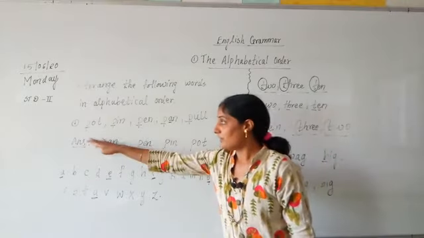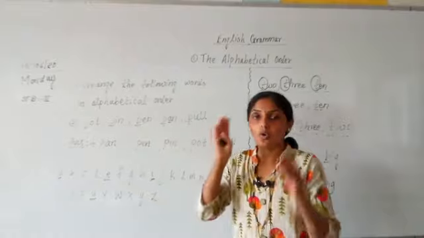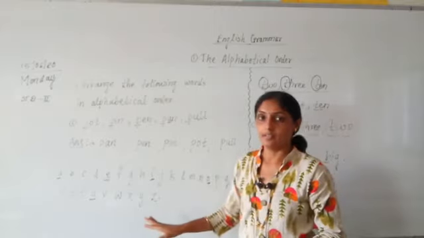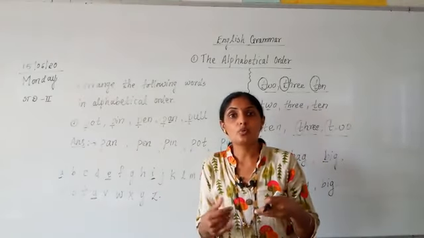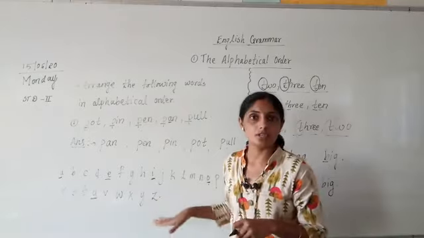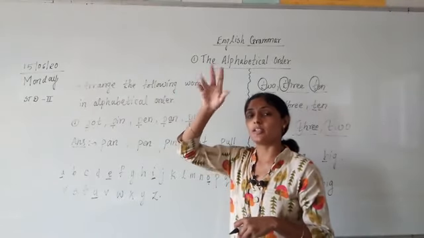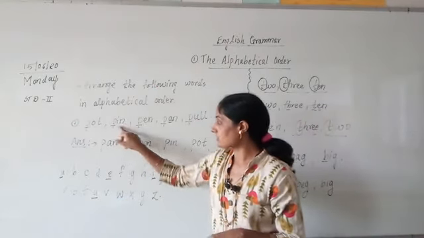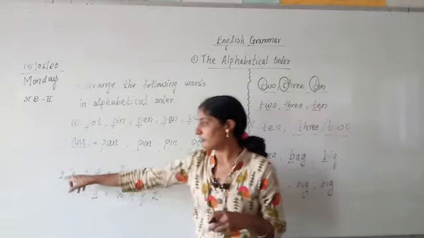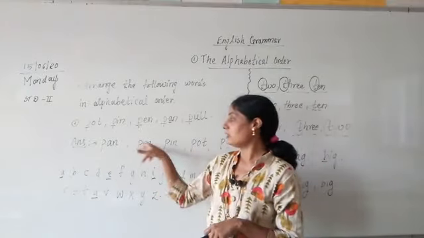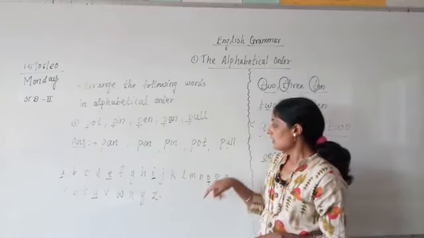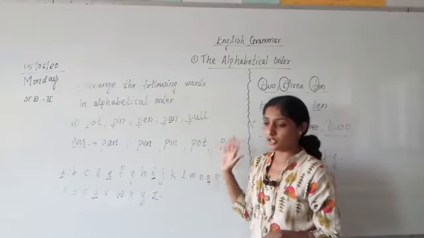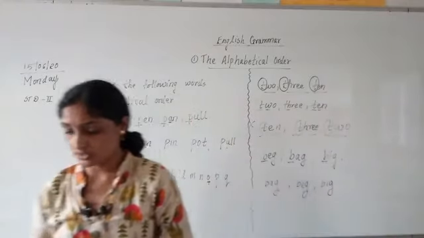Understood? If the first letter is the same everywhere, don't take tension, don't be afraid. Write down A to Z. For one or two examples, write down like this: A, B, C, D, E, F, G, H, I, J, K, L, M, N, O, P, Q, R, S, T, U, V, W, X, Y, Z. Then find out the second letters. Put a tick mark everywhere, and then write down first the answer that comes first, then the second, third, fourth, and fifth. In this way, you will get the answers to the questions.